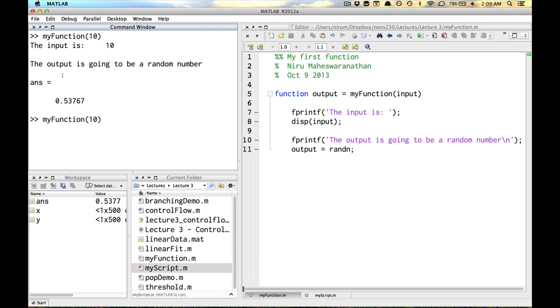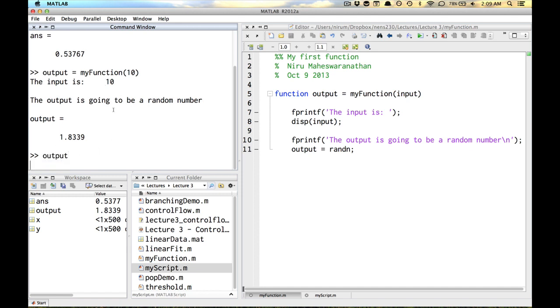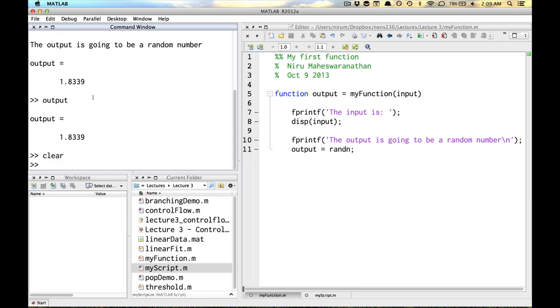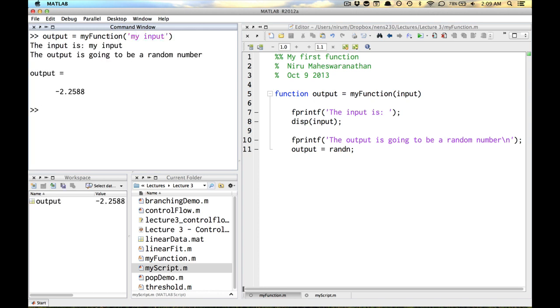Additionally, I can store the output as a variable, and now I can say the input is 10, the output is going to be a random number, and now that random number is stored in this variable called output. So I have that variable now in my workspace. Okay, so this is just a cartoon example. Here I'll just show you with a string, myinput. The input is myinput, the output is going to be a random number. Okay, anyways,